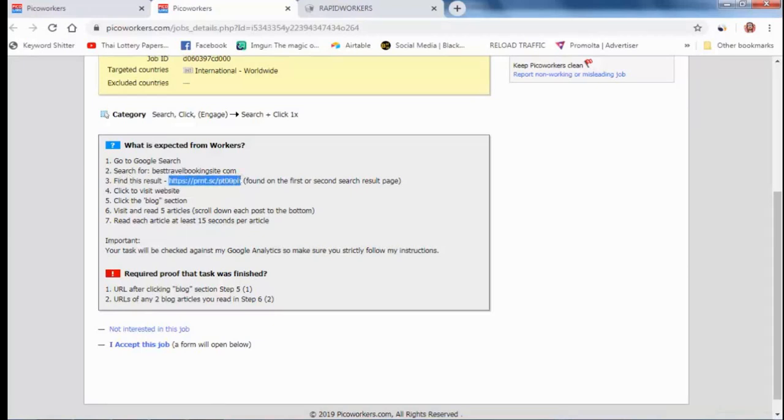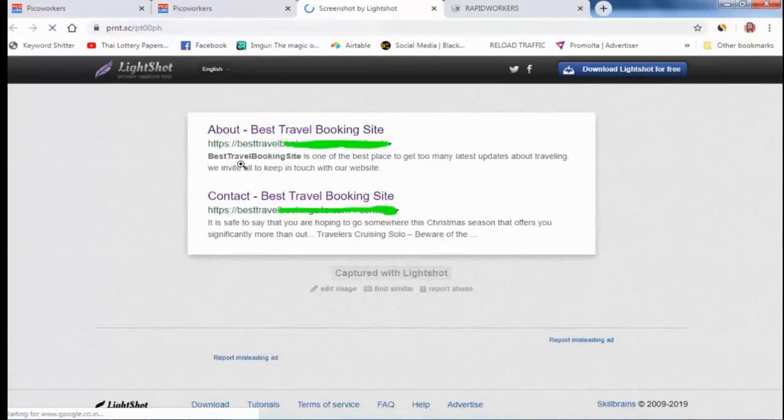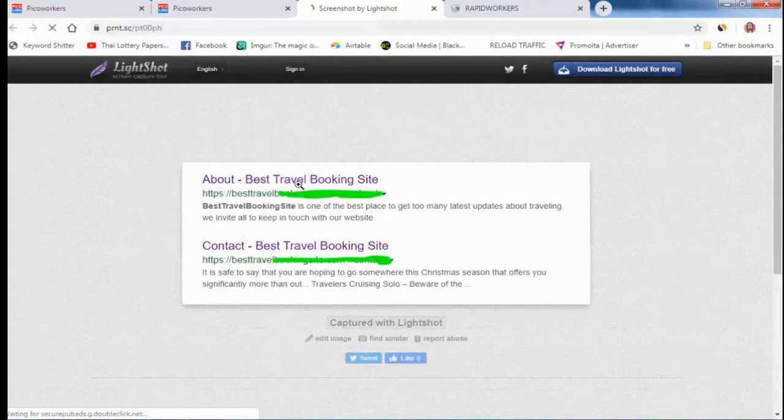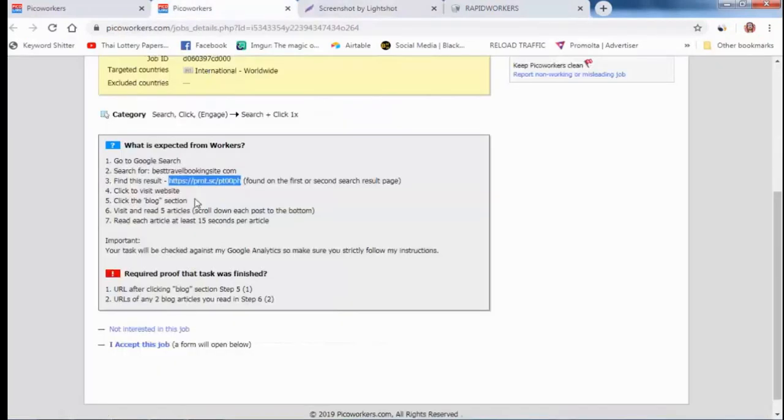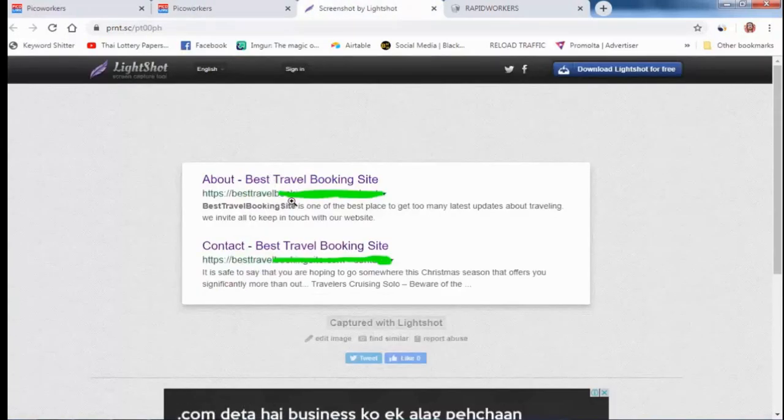Also they show a screenshot. We will check the screenshot. Check about best blog. This is his website. He wants people to search this keyword and go to this website. If someone searches these keywords on Google, this website comes on top of the Google first page. After that, people go to his website from the search engine.